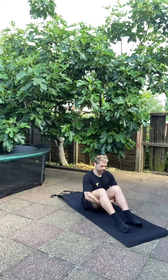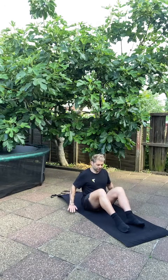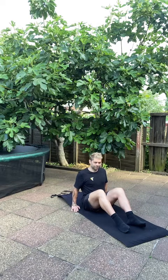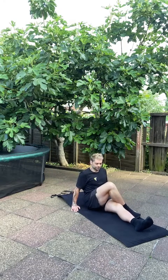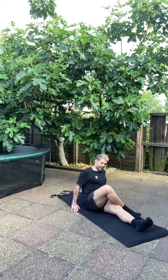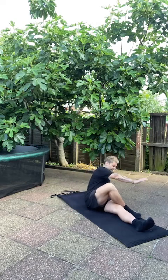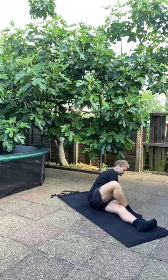And then from there, we're going to release the hands from underneath our hamstrings, and we're going to place them on our side, beside our hips. And then one leg, whichever leg that you want, I'm going to move my left leg over my right leg. And then what I'm going to do is put my right hand back. As my right hand is back, what I'm then going to do is take my left hand and bring it and place it next to my left foot. And I'm going to start leaning over,